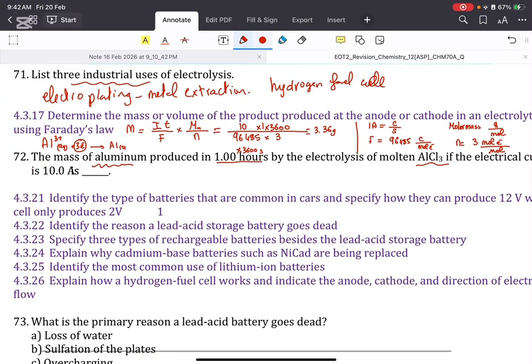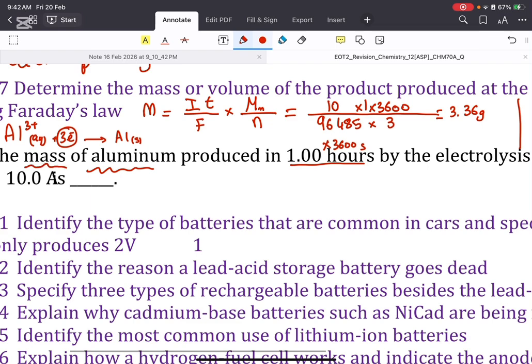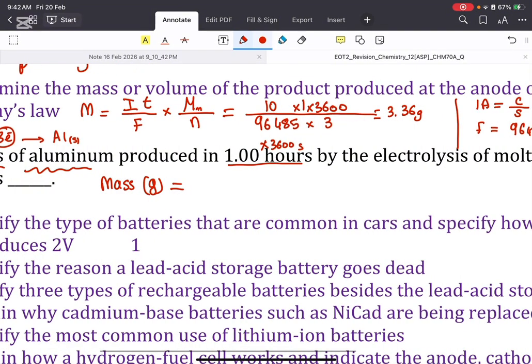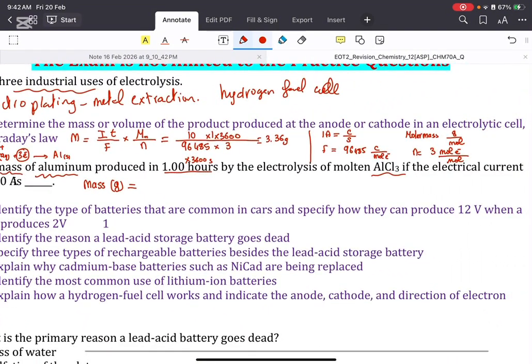So let's put the pieces together. If I want the answer, they are asking me to calculate mass, so I'm going to say mass in grams. And I'm going to start with the unit over here that has mass in the denominator. So in this one,